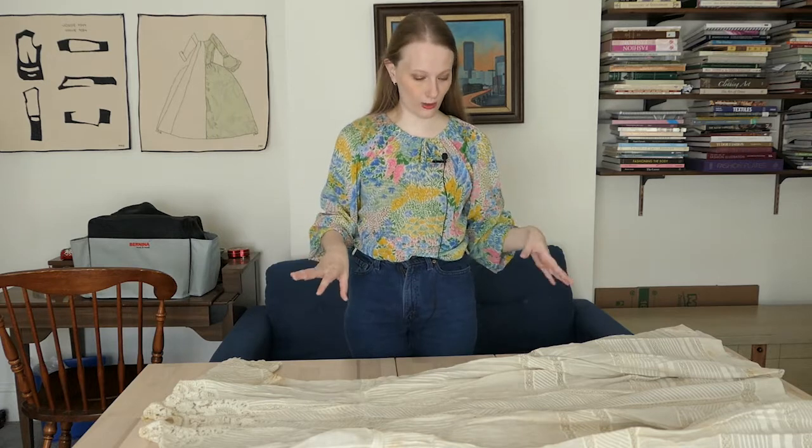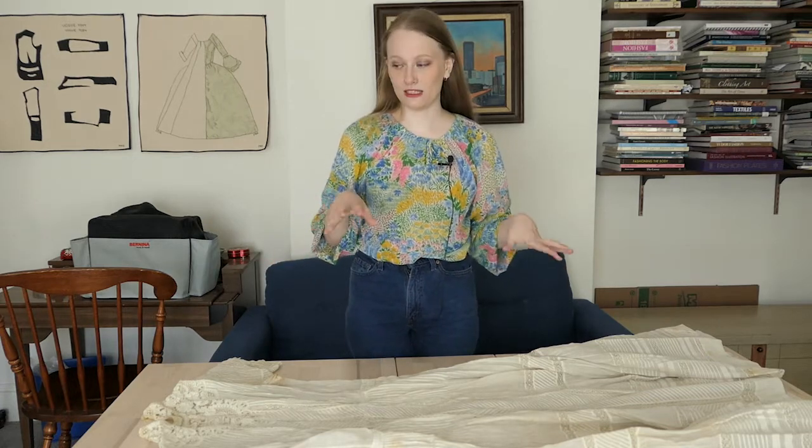The first one we have here lying on the table is an earlier one. This is probably more like 1909, 1910, somewhere in there, and then we have one that's probably closer to 1913, 1914. If you don't know what a lingerie style dress is,